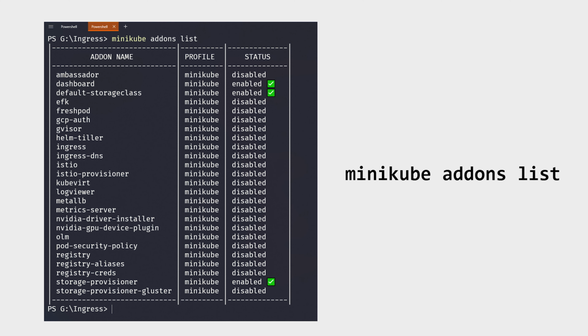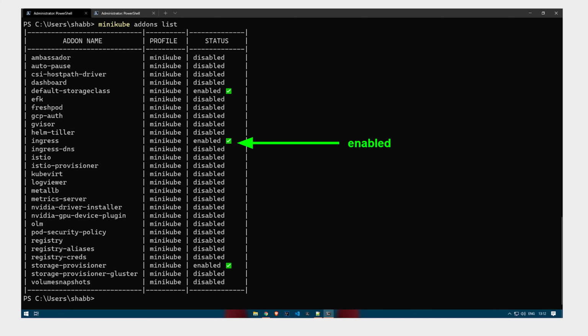If you use the command minikube addons list, you will get a list of available add-ons and the add-ons which are already installed in your Minikube cluster. We have to add the Ingress add-on here. The command is minikube addons enable ingress. With this command, you will be able to install the Ingress Nginx controller in your Kubernetes cluster, which is Minikube, and then we can leverage that Ingress controller and install our Ingress resources.